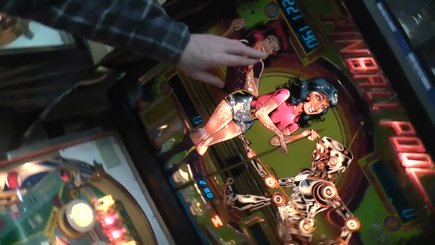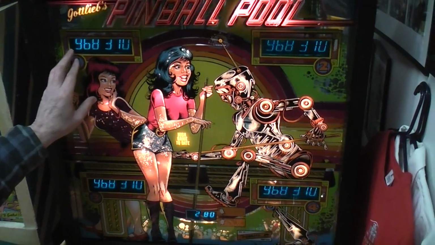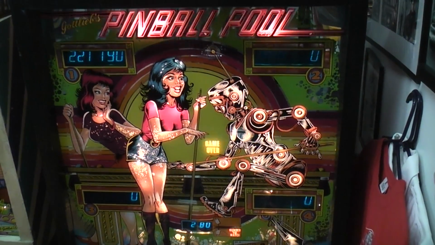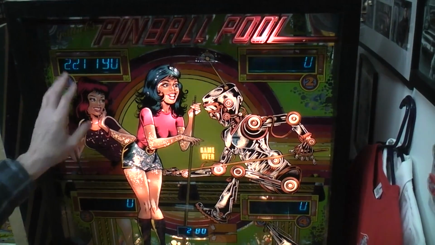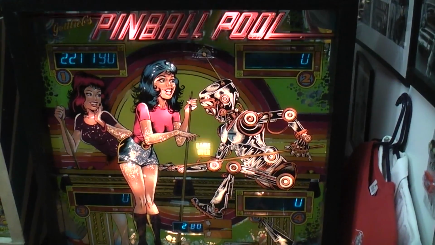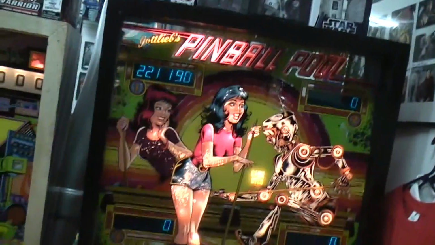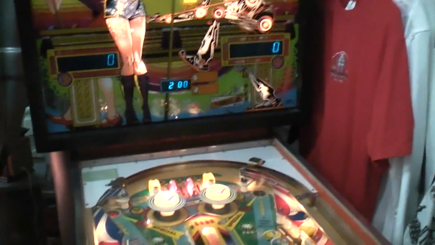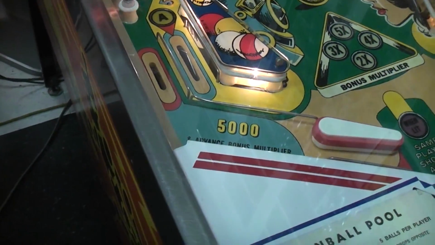So now on the display, what do we got? 100. So they've gone up to where you can go up to what? 999,000 would be the most you could get on this machine. And I guess it's alternating between the score I just got and a previous high score for player 1. So I think that's about it for Gottlieb Pinball Pool. And again, what year did I say that one was? That was in the 70s. That was